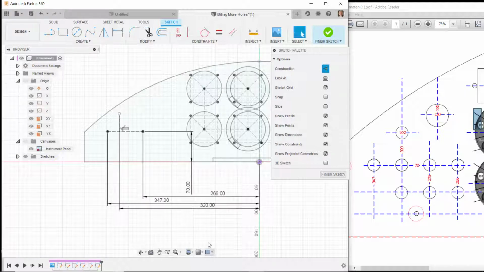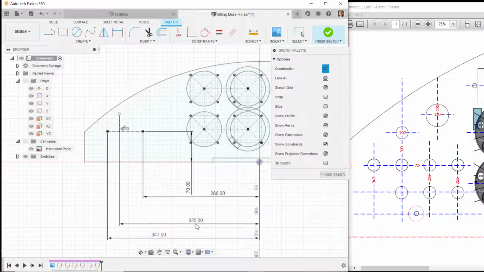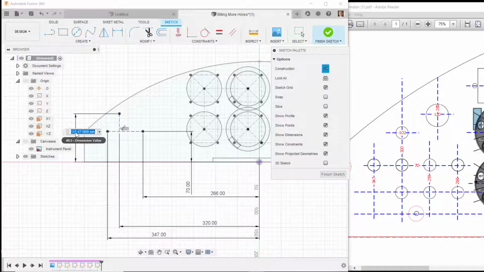Let me arrange these dimensions a little bit better. So I'm going to drag this one down here, and again, I don't like how it put it over top of that line. So rather than select a line, I'm going to make sure that I get this point. I'll get that point right there, and here over to there, and I'll put in that 320. And then I need that vertical height, and that is 102. So I'll dimension from here to here as 102,